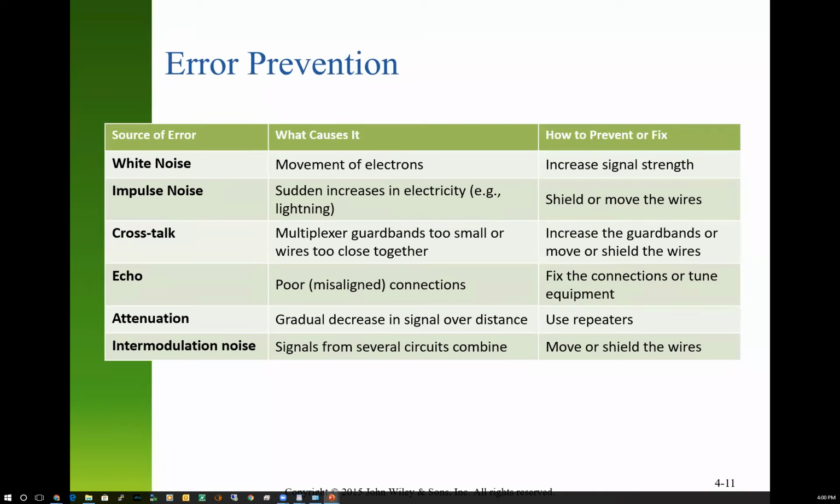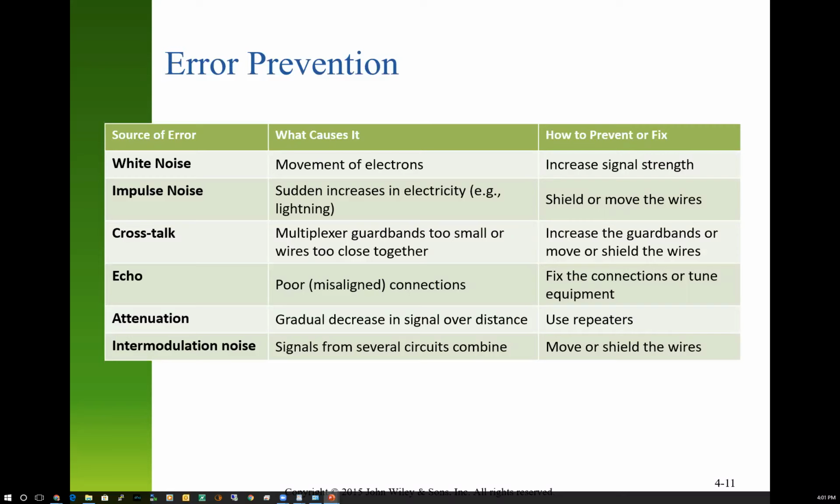How many people have ever hummed along to a motor? I used to do this when I was younger. Running the vacuum cleaner, the vacuum cleaner hums at a certain harmonic level, and you can hum along with it. At some point you can reach the harmonic level of your vacuum cleaner. You can find it. You can hum along with your vacuum cleaner. And then if you modulate your tone, in other words, go down with it a little bit or up with it a little bit, you start getting these weird sounds in your ears, like this vibrating sound.